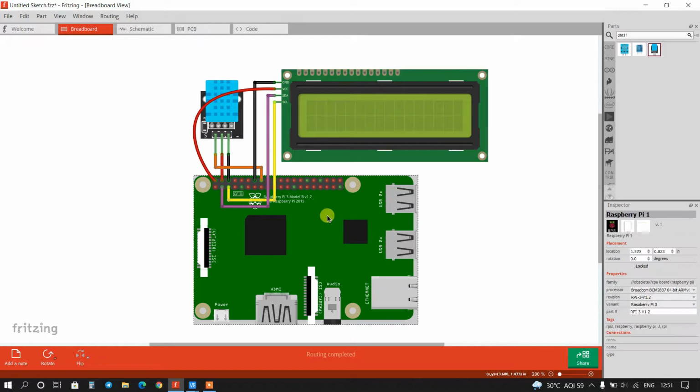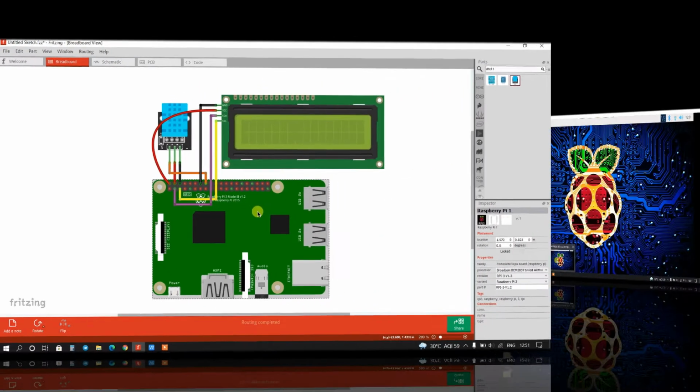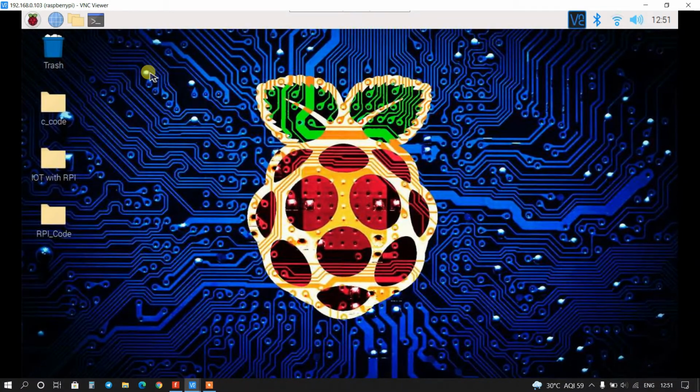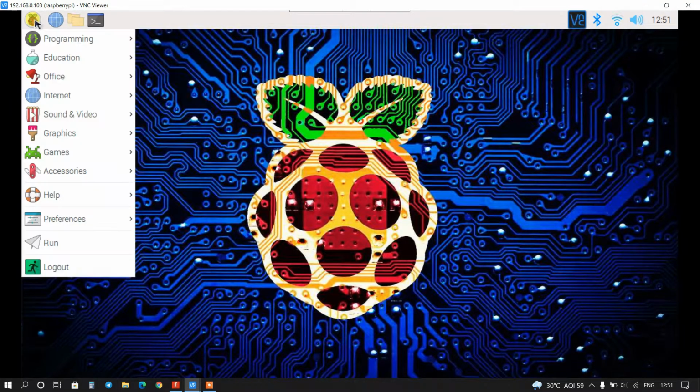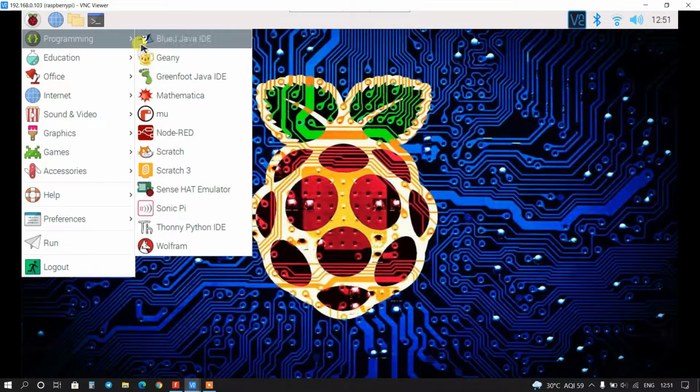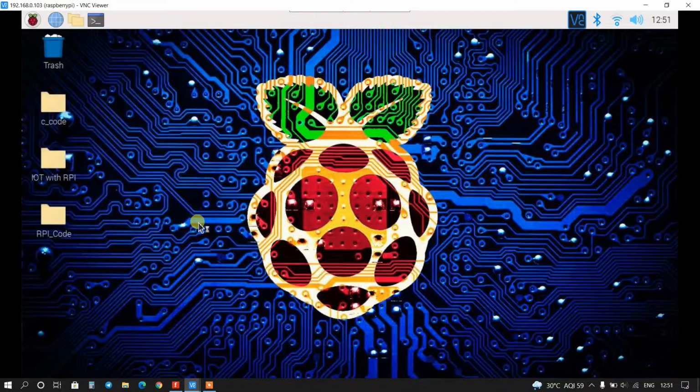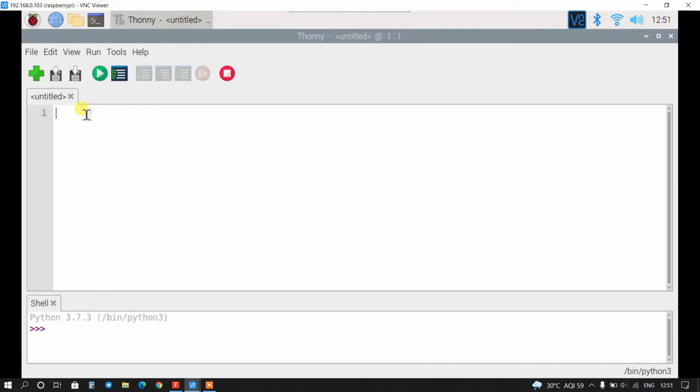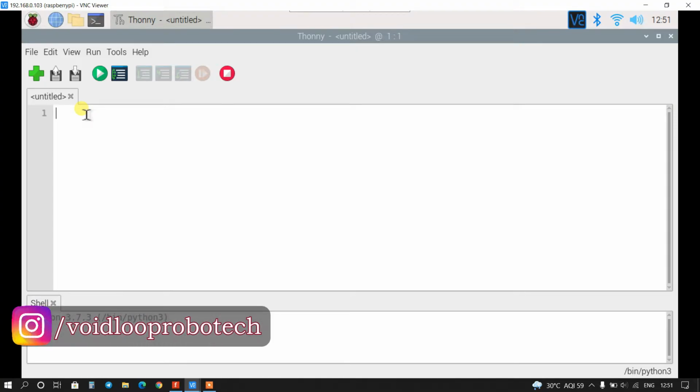Right, now we will see the Raspberry Pi desktop. Here I will open Thonny Python IDE and start programming. First of all we have to install packages for DHT11 sensor.